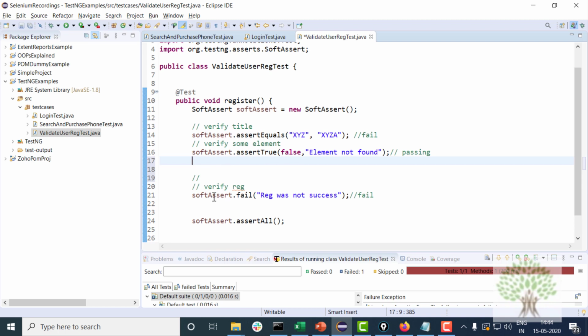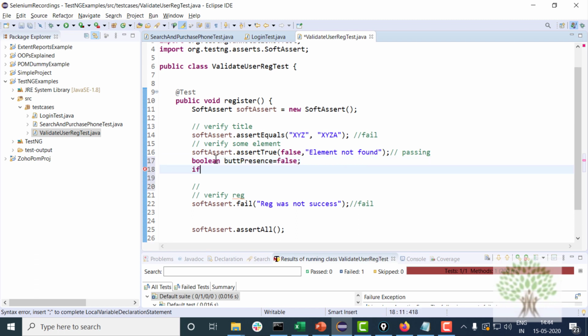Okay, in that case you will have to put some if condition. For example, I'll just write boolean element button presence equals to false. And I am not actually going into Selenium right now, otherwise I would have called some Selenium function over here.